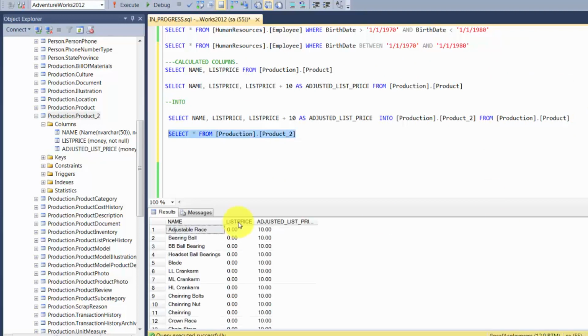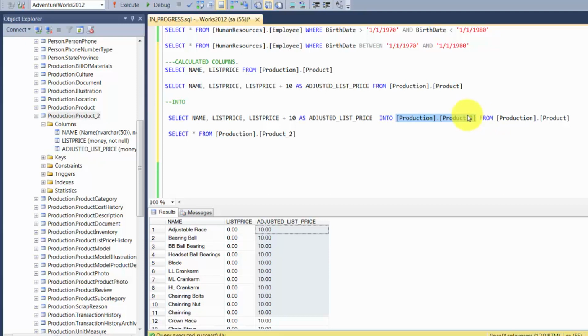Now if you see, there's a third column introduced here. This was not a part of the product table, but you wrote your query in such a way that you introduce the third column, and the total results of this table is actually pushed into this table called product_2. And this is where introducing such tables and calculations might become very handy.